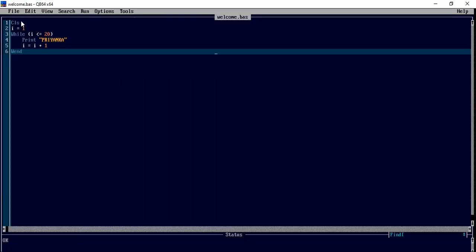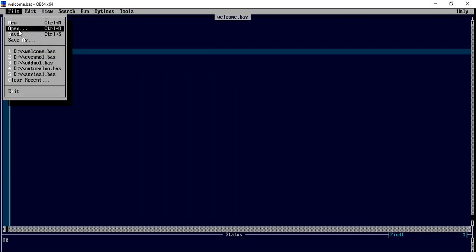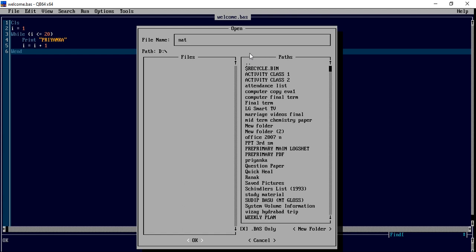I will show you the program. Again I am repeating that we have to save the program with the extension .bas. After writing any QBasic program you have to save it. You have to save the file before running the program. So what will be your extension? You can give any name. For example, in the natural number program I wrote natural number .bas. .bas is the extension. Okay?